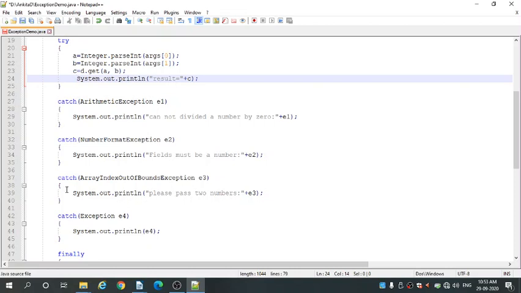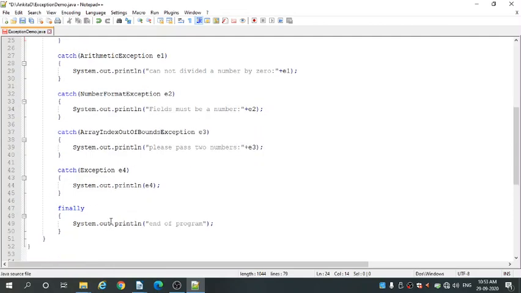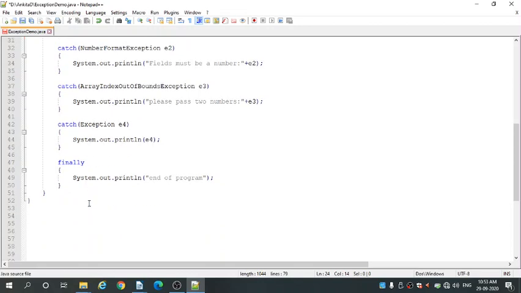Then comes the third catch block, array index out of bound exception. If you pass a value for only one variable and you do not pass a value for the other variable, then it shows the error, array index out of bound exception, and it directly prints on your console, "please pass 2 number." It should be 2 numbers. Then comes the